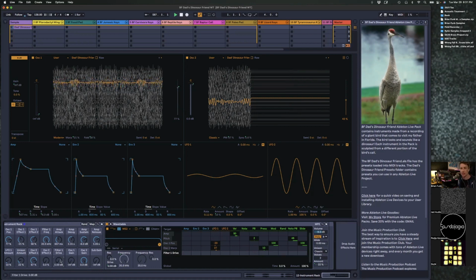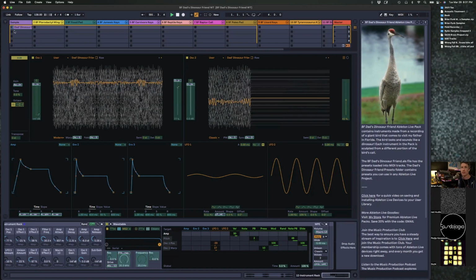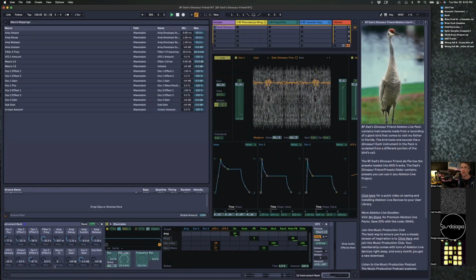sometimes that's a problem, right? But what I do in that case is I'll map the volume to the drive also. And then we'll go in our map mode here, and we got macro 13, so as the filter drive goes up, we want the volume to go down. So I think that was at -9. Yeah. So we just got to figure out the right balance here. So as I turn up,